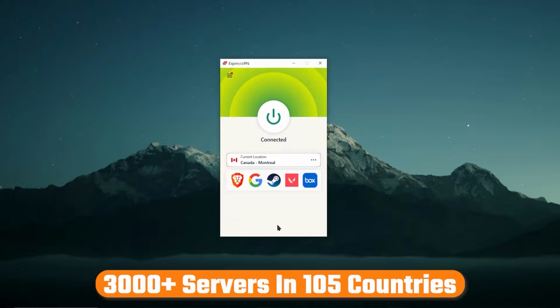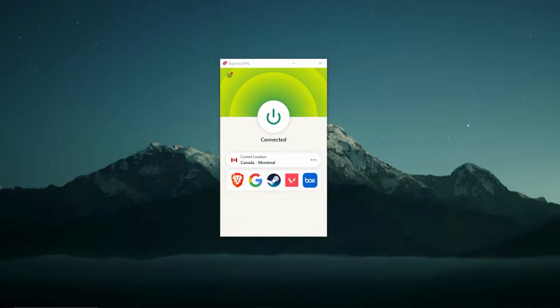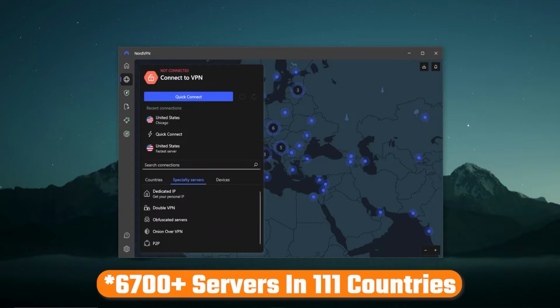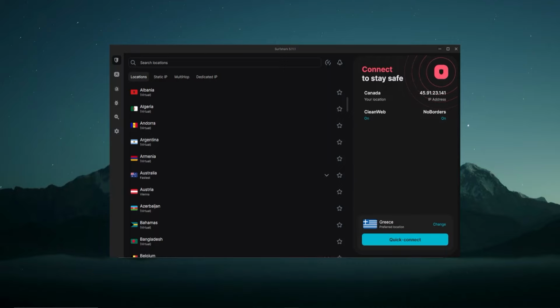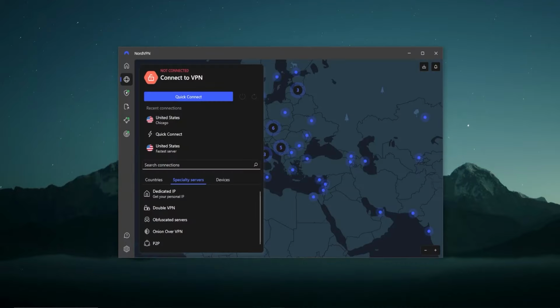ExpressVPN has 105 countries with 3,000 plus servers. NordVPN has 111 countries with 6,000 plus servers, and Surfshark has 100 countries with 3,000 servers. So with all three of them, you're getting a lot of options, a lot of places you can connect to,